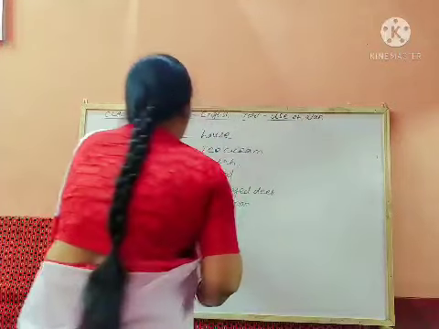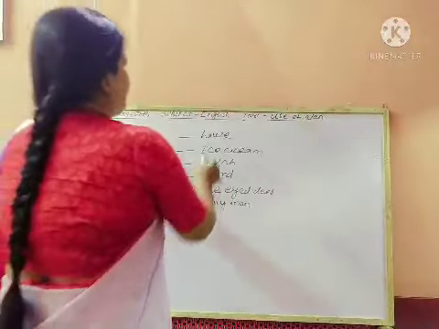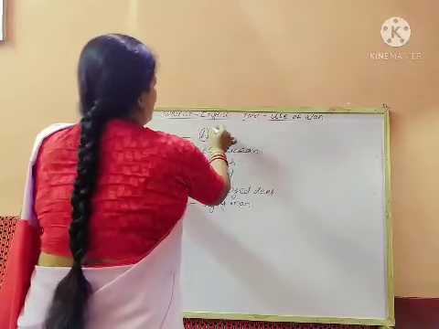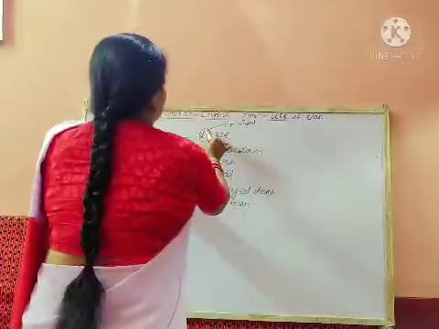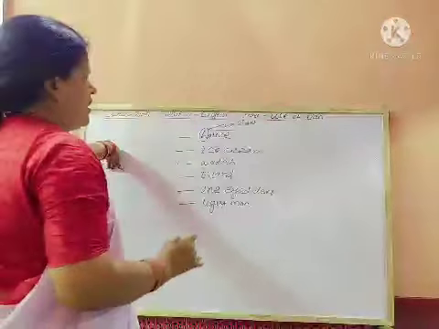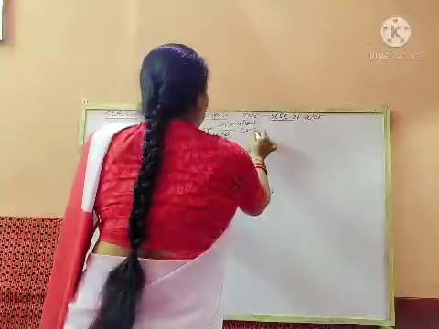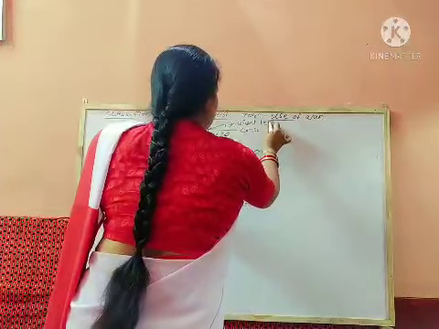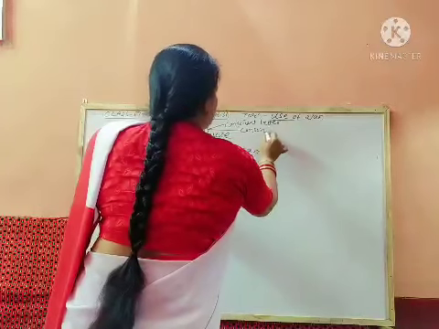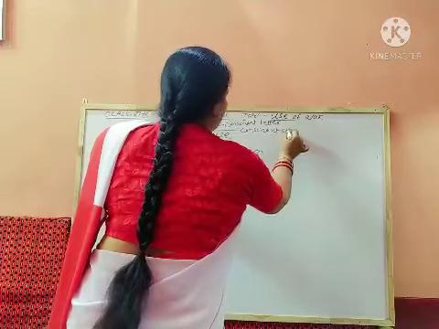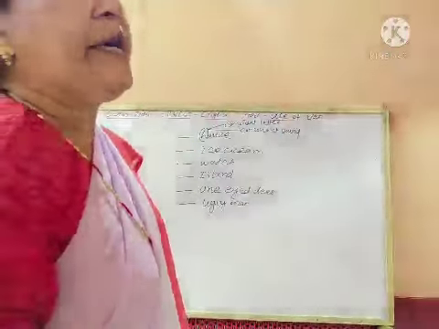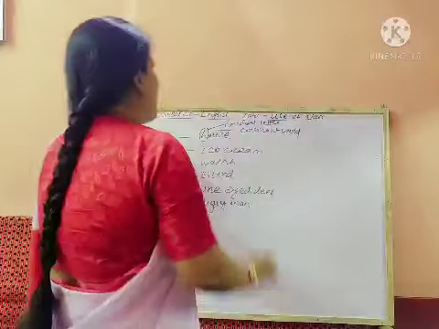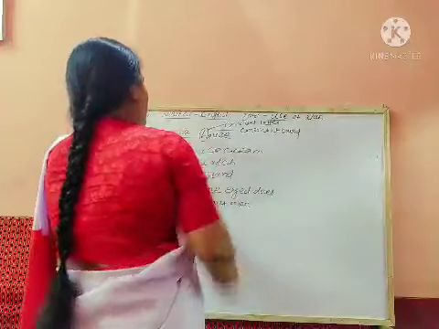So, firstly, house. H is the consonant letter, and the sound is also consonant. Ha. Sound is consonant, letter is consonant. So in this place we use A or AN? A. Consonant letter and consonant sound, so we use A.